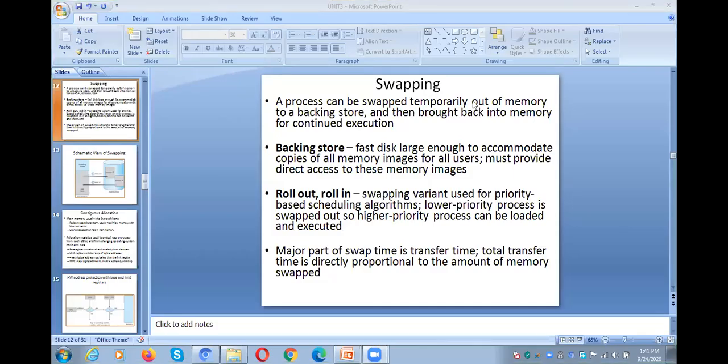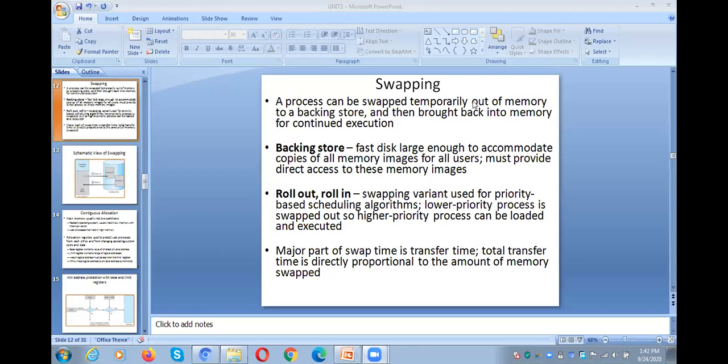Okay, good afternoon. In the previous class, what have we discussed? We discussed memory management introduction, and in it we talked about address binding. There are three stages at which we can bind the address to the information and data: at compile time, at load time, or at execution time. If not at compile time and load time, we can bind the address at the time of running.